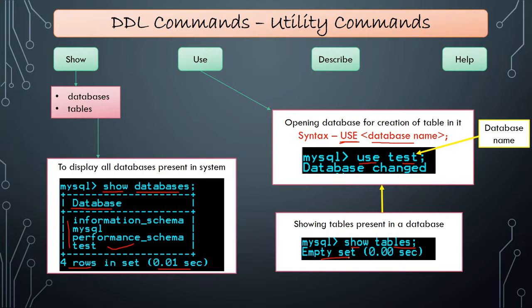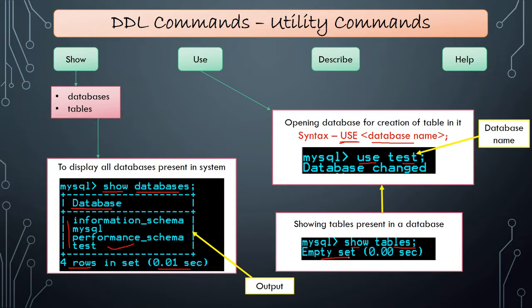First one is show databases, for displaying the databases in our system. Next one is use database, for making a database current. After that, we need to check the tables in that current database, so we use the command show tables. And what you are seeing over here is the output, which is shown in the form of a table, with columns and their records.